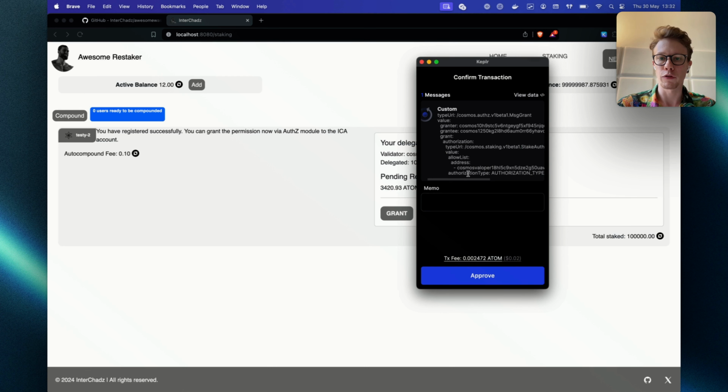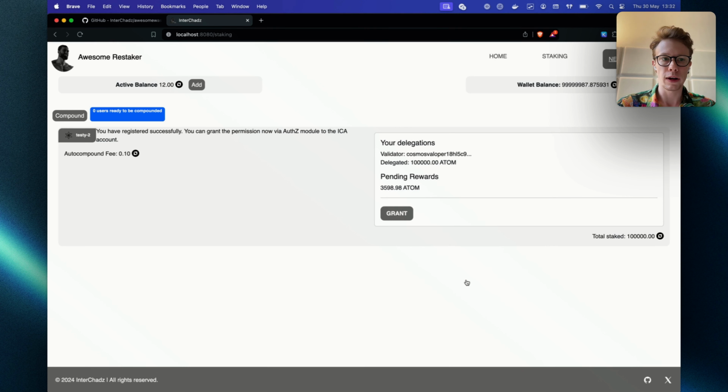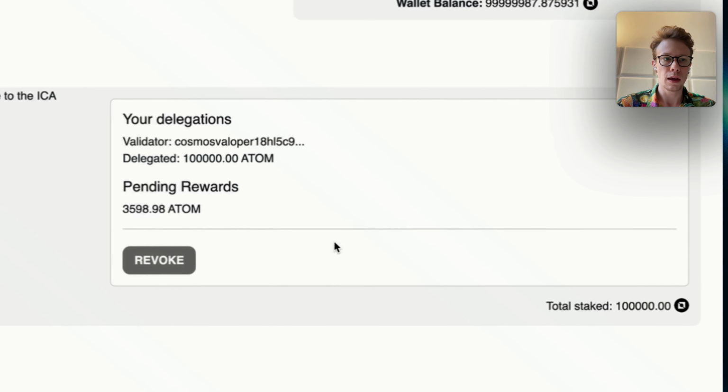This can also be even further restricted so that it can have less of an impact. But this is fairly safe and used a lot. So I grant this permission. You can see it successfully. And at this point, you can see this is actually coming from the contract itself. We're just calling the calculate query, which automatically calculates the pending rewards that we have on chain.